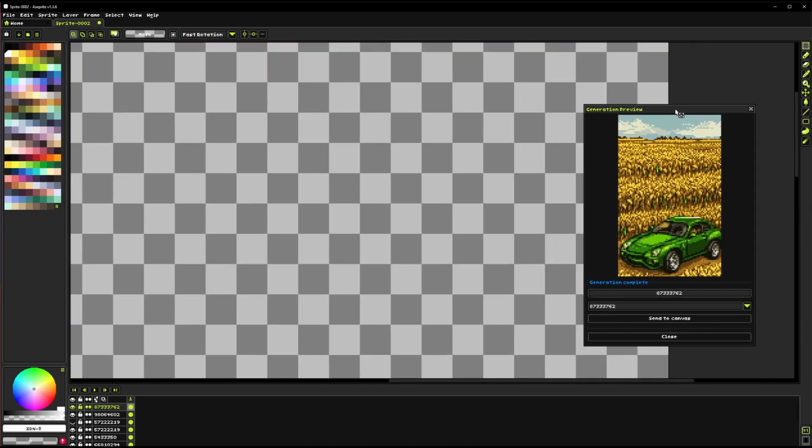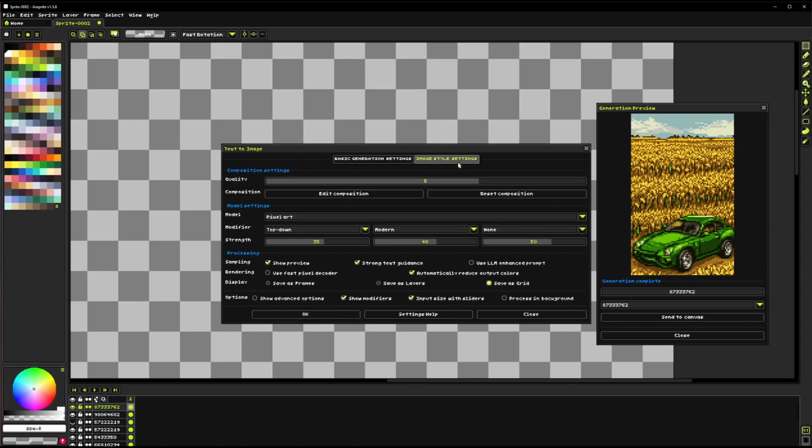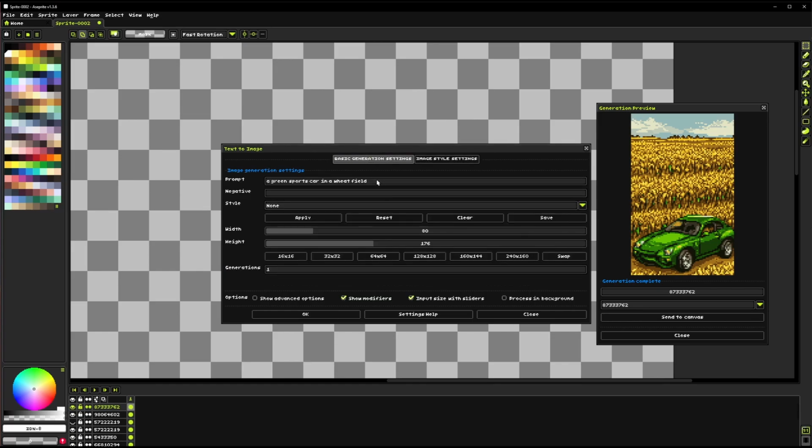Now let's talk about the language model a bit. So the language model, which we can turn on with the Use LLM Enhanced prompt here, is a little bit different than it was before. It's not quite as smart. So if you were using some fancy techniques for telling the model to generate different stuff or pick from a list of different items, like for example, you used to be able to say something like pick